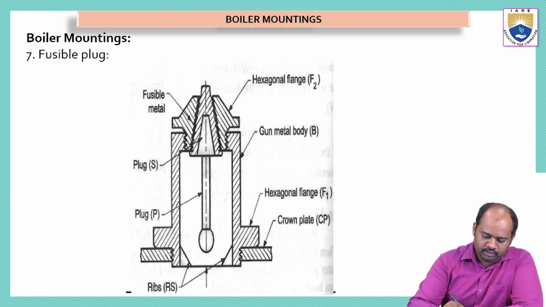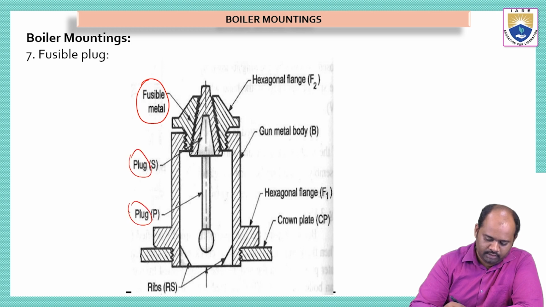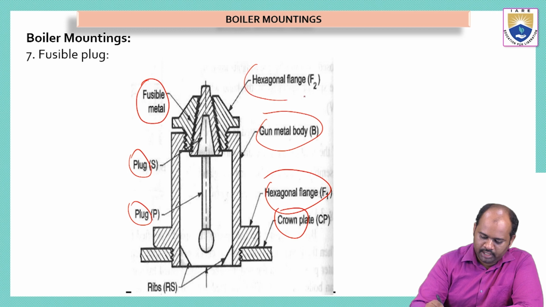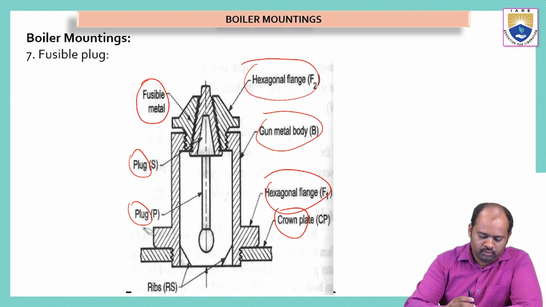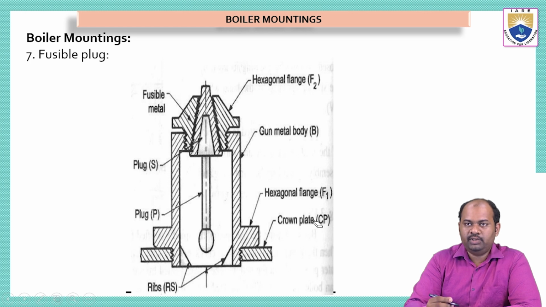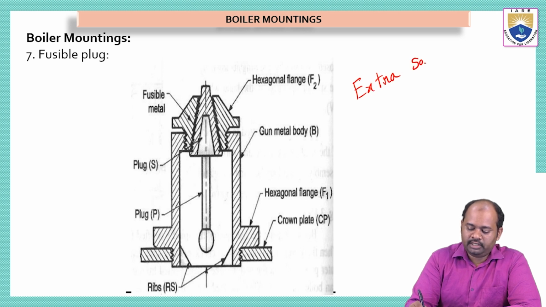So see here, this has different parts like the fusible metal and the plug. Crown plate, hexagonal flange, gun metal body, hexagonal flange. So this device, the fusible plug, is attached for extra safety. Extra safety means